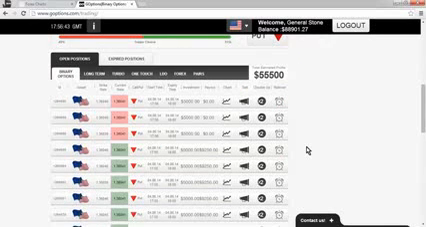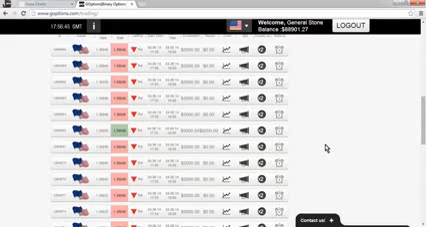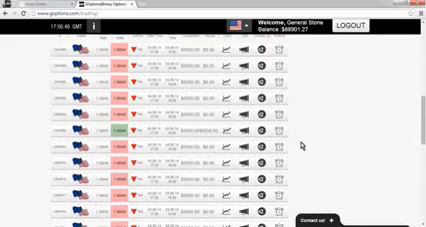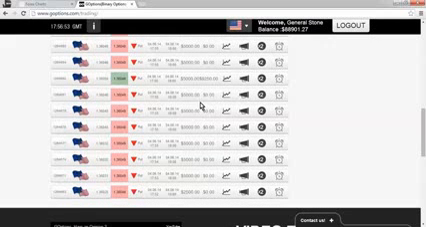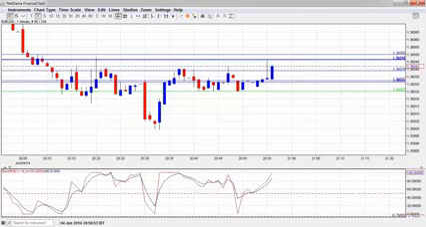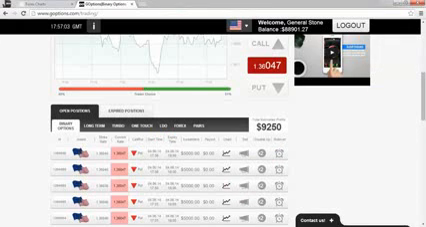So now we can see how much open risk I have. So we have 10,000, 20,000, 30,000, 40,000, 50,000, 60,000, 65, $67,500 total risk. Now, a majority of these trades